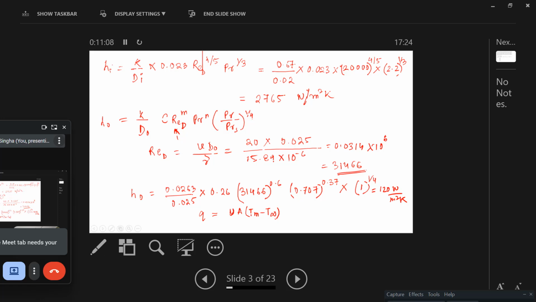Now they have asked for Q prime, so it should be divided by L. We know A is pi D L, so L will get cancelled, so it will be only pi D. Okay, if we write this,